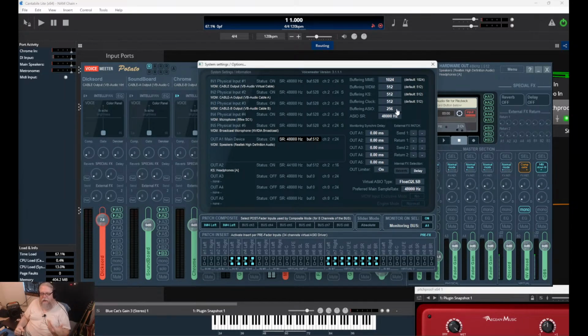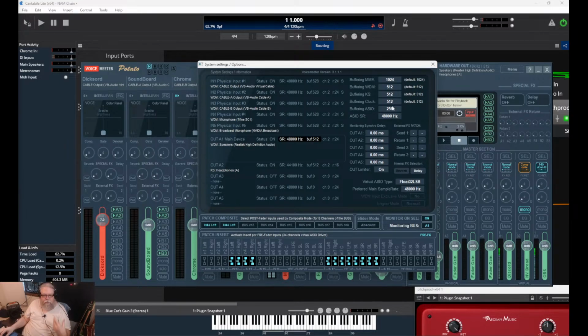Like I said, if you can get it to 128, it's usually good enough. Lower than that is even better. But what you're seeing on the screen up here is not going to look anything at all like your driver. The buffer wording and the numbers are the important things, and that's what you're going to want to look for in there. Yeah, so that's most likely what's going to be causing your latency.